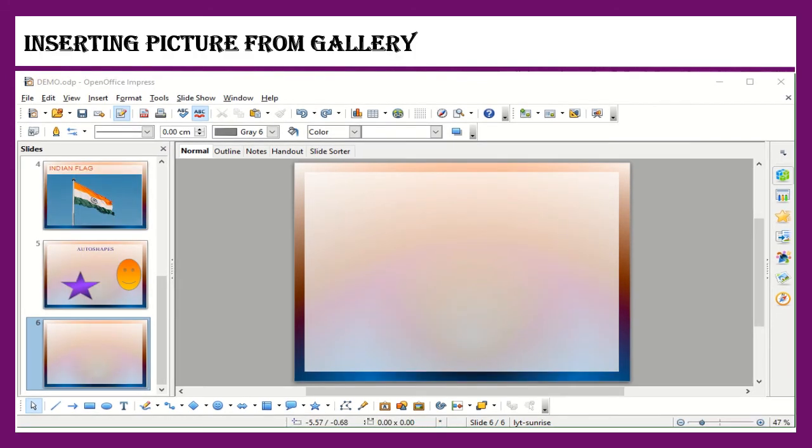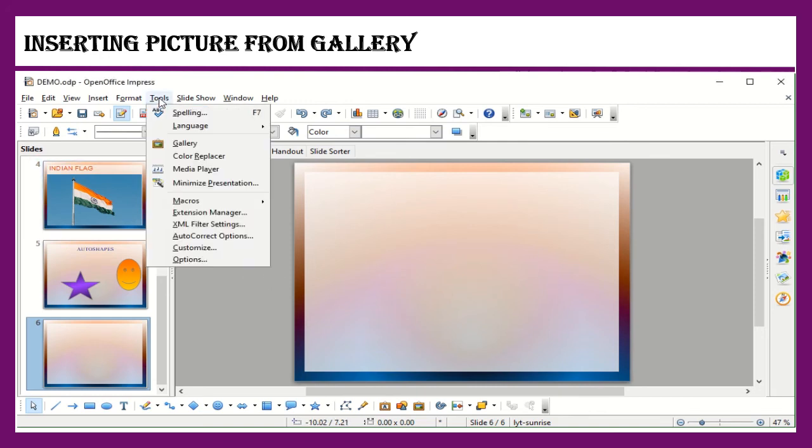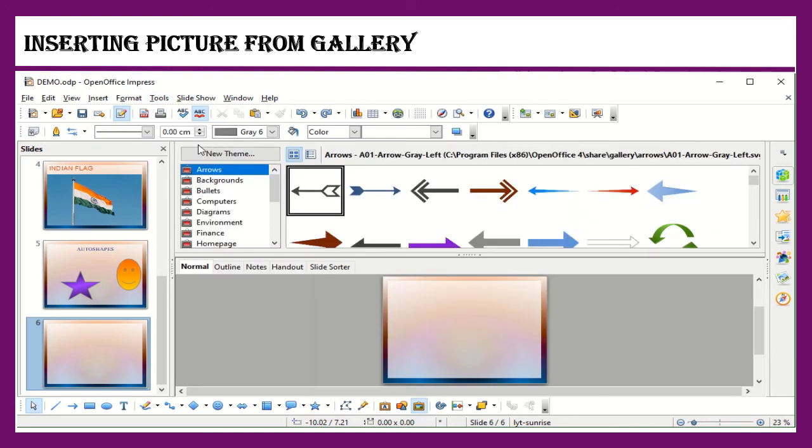Let us see how to insert a picture from the gallery. If you want to insert a picture from the gallery, go to tools menu and select the gallery option. Here in the left side pane you could see the different options such as background, bullets, computers, diagram, environment. So you can select any of the required themes, children.